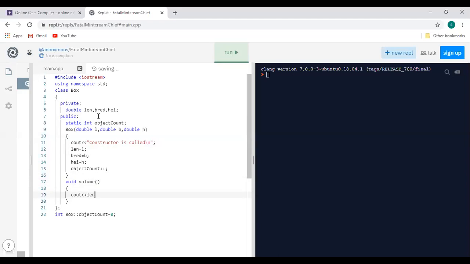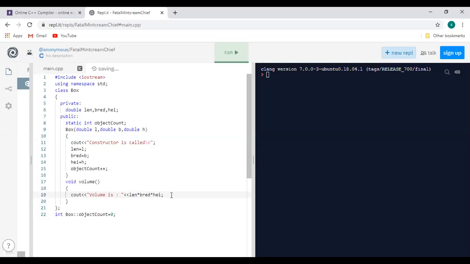Volume is length into breadth into height. Just display that message, whatever you want. Volume is, so it will display in proper format. Guys, till then just give the attendance inside the chat window.